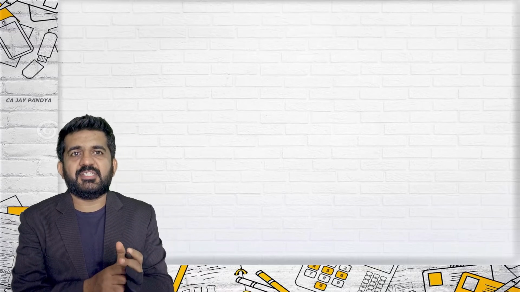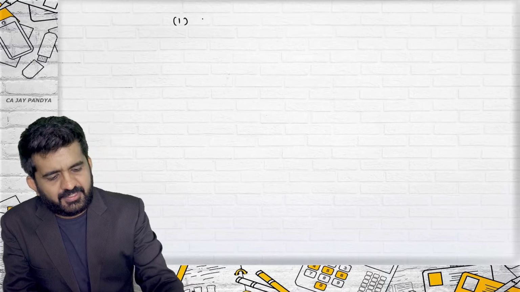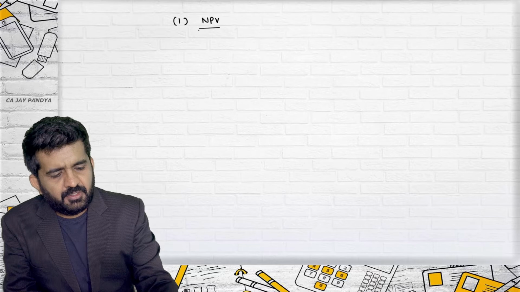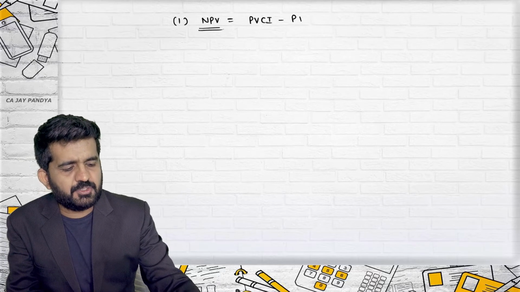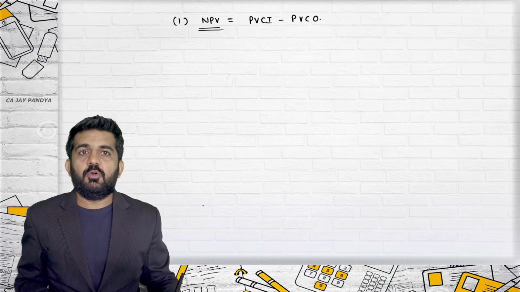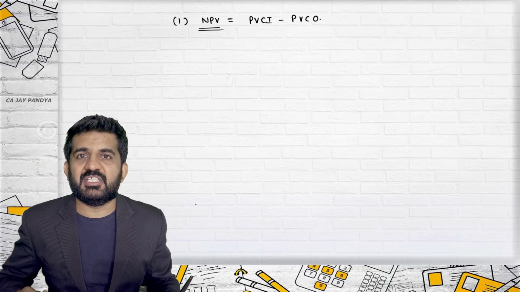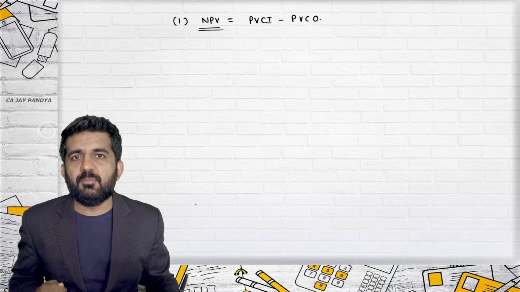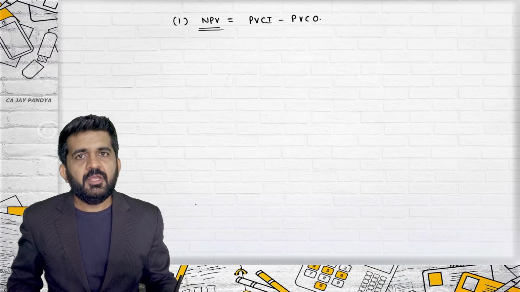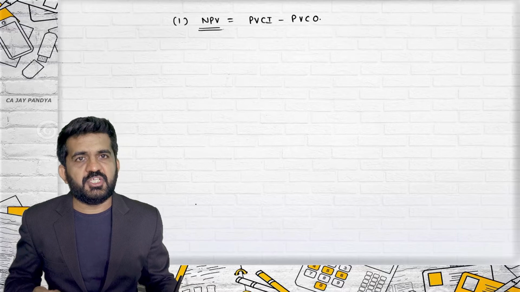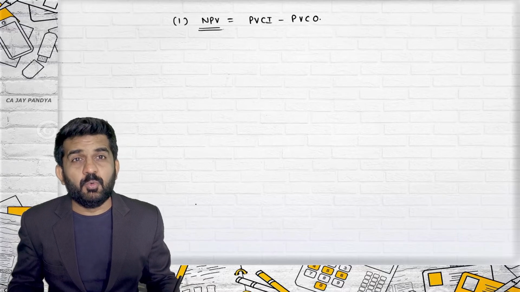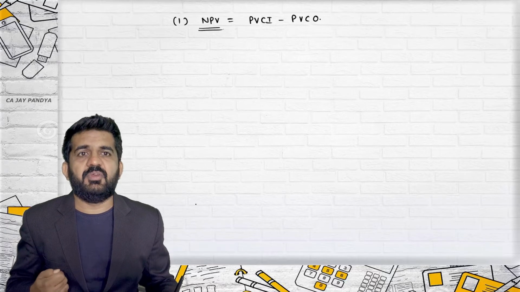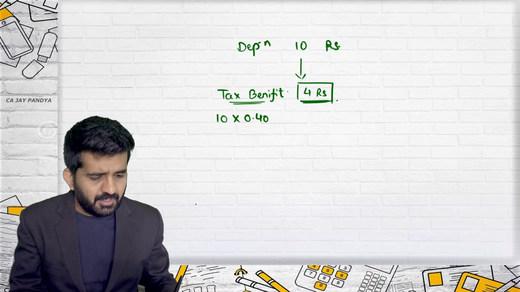What we have learned in the previous lecture is the first method of capital expenditure decision. Which was the first method? Net present value. How do we find it out? Present value of cash inflow minus present value of cash outflow. If it is positive, we purchase it because our project is getting more than our required rate of return. If it is negative, we will be rejecting it because we are getting less than our required rate of return. If it is zero, then we are indifferent. We may accept it, we may reject it.